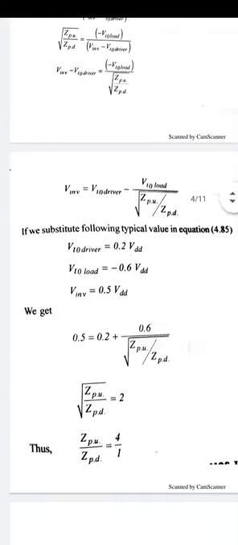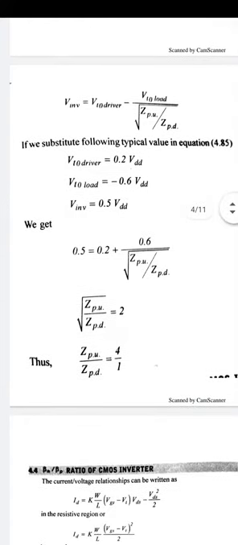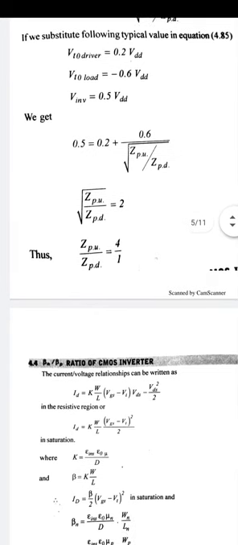V inverter voltage is basically the changing point where the inverter switches sharply from low to high. That is the threshold voltage, where V input is equal to V out is equal to the threshold voltage, nearly half of the full VDD supply. So V equal to 0.5 VDD. When we put all these values in the particular formula, we find the value of ZP upon ZP is equal to 4/1 in this case. So this is the ratio for the pull up transistor upon the pull down transistor, equal to 4/1.